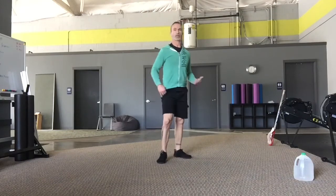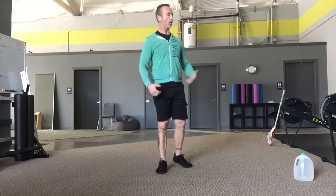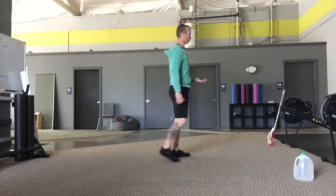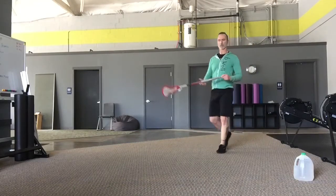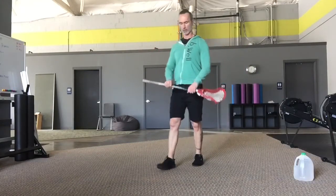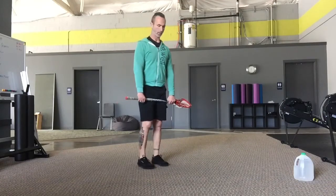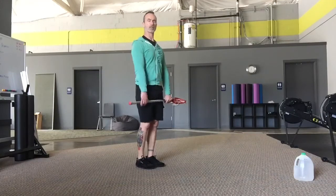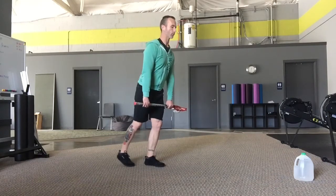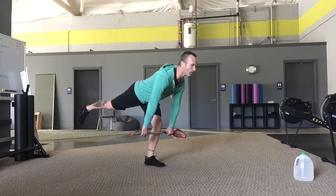Now the next cool thing we can do is you either have a broom, you might actually have a weight bar, you might have all kinds of stuff, but you can even use your lacrosse stick. Grab your stick, long pole, short pole, doesn't matter. We're going to hold it about hip width apart, and we're going to do that single leg deadlift. The path of the stick or the bar or whatever you're using shouldn't change. So what we should do is drive back, to about where your knee's at, squeeze up through your glute